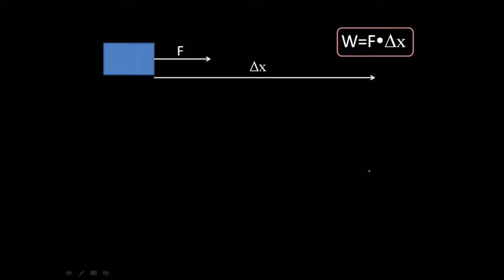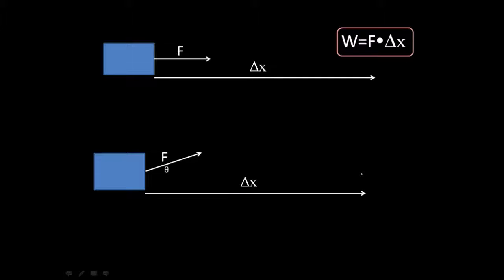So when the force increases, so does the work. When the displacement increases, so does the work. Couldn't be much simpler. But what about the chicken situation? What if the force is exerted at some angle, in this case an angle above the horizontal? Well, only this component right here is going to do any work. Remember, there will be another component, pointed that way. This component does no work, but this one does.